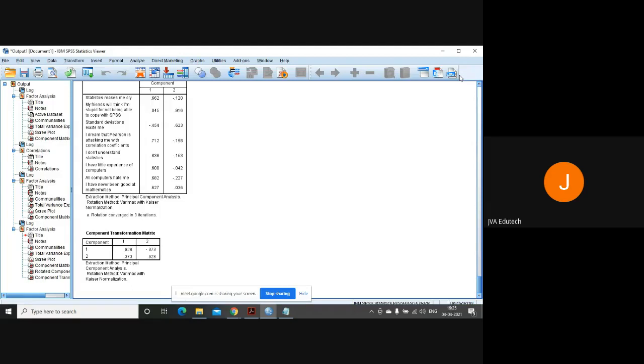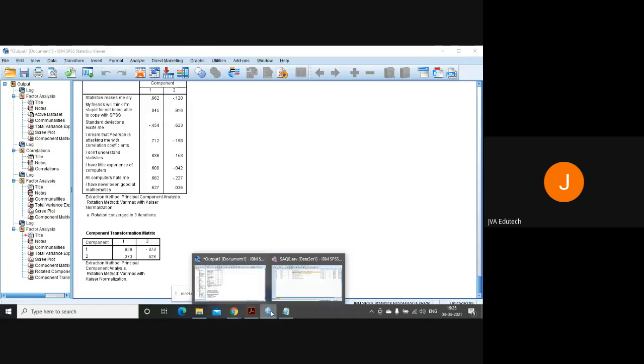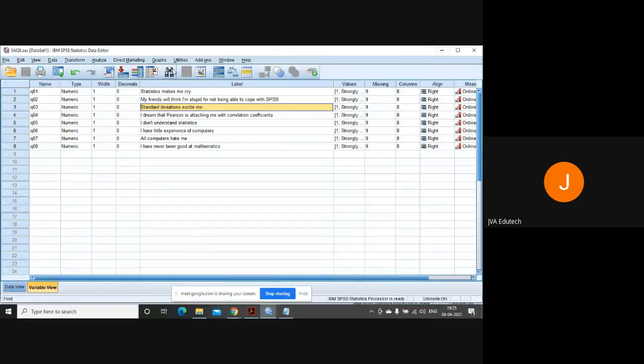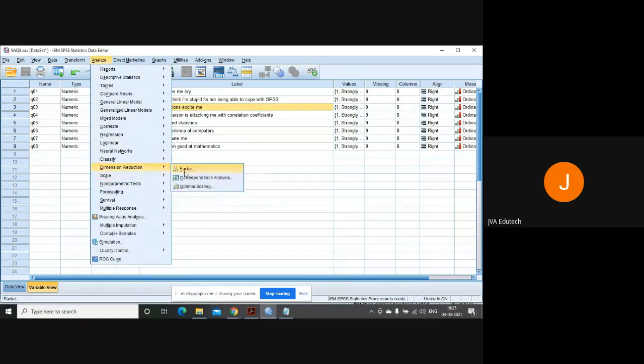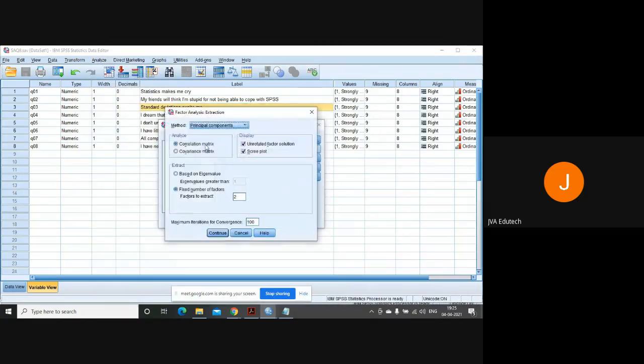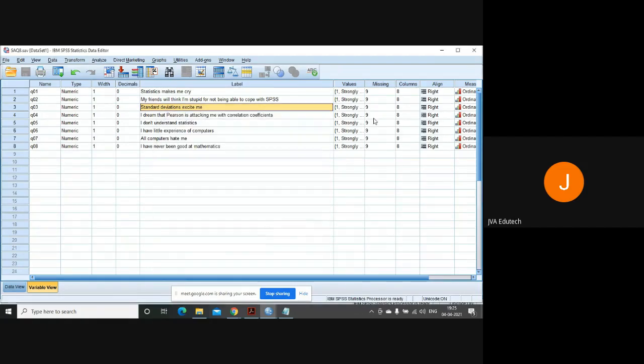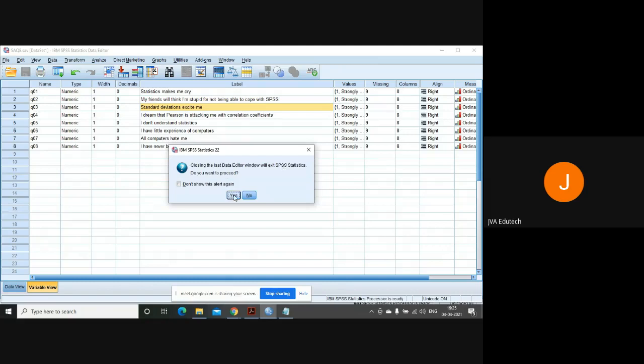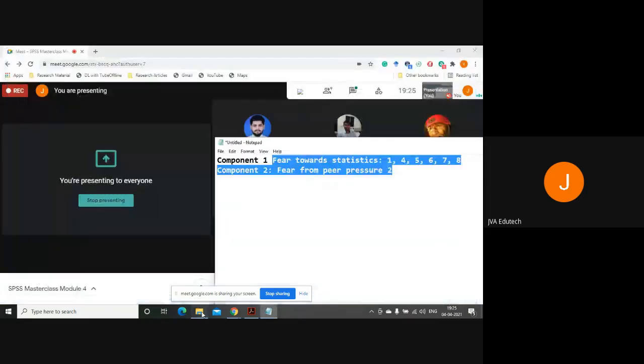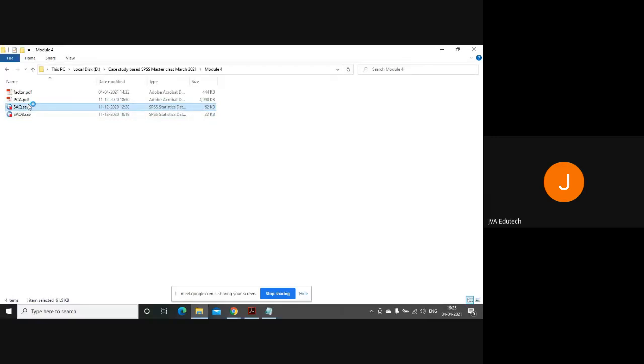Whenever you are writing in your article that you have done exploratory factor analysis, don't let principal component analysis be selected by default. You have to select from here, in the method, principal axis factoring. Then only it will be called exploratory factor analysis. The earlier case had only 8 questions, those items which were sharing the common variance. So I'll take the full questionnaire, and the data is the SAQ, the SPSS anxiety questionnaire, the full questionnaire.